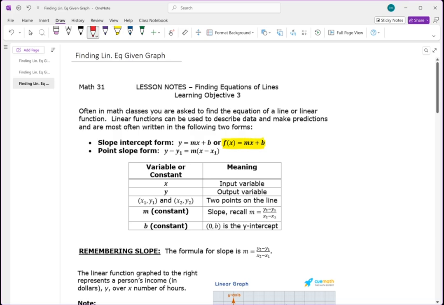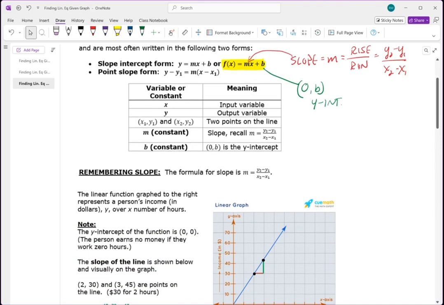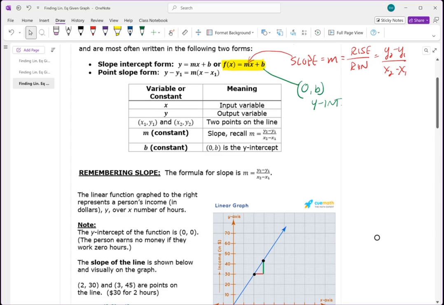And if you recall, the slope is m, which is also what we consider rise over run, or the difference in the y values over the difference in the x values. Wow, you guys have to put up with my horrible writing. The b value is my y-intercept. So we're going to take that into consideration a lot when we are trying to find the equation of these lines. So if we look at our first graph here,